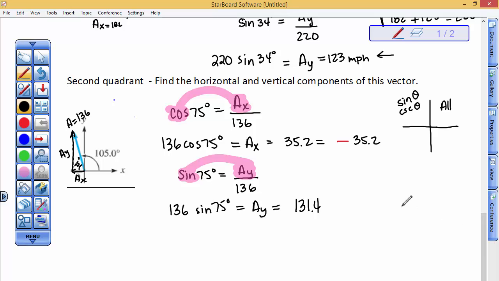But I'm now going to share with you that from now on, if you wanted to find the x component of a vector, you could take the magnitude of the vector times the cosine of the angle. Look, that's what we've been doing. Magnitude times the cosine of the angle. But the angle could be the angle that's in standard position. Standard position, remember, means an angle that starts from this x-axis and rotates clockwise to this 105 degrees. So if you would type 136 times the cosine of 105 degrees,